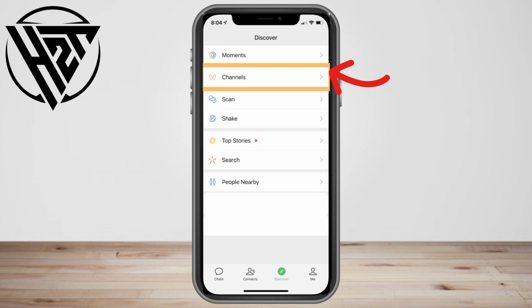So that's all for now. In order to really follow this, you must make sure that Channels is available in your country so you can proceed creating a channel and link it to your